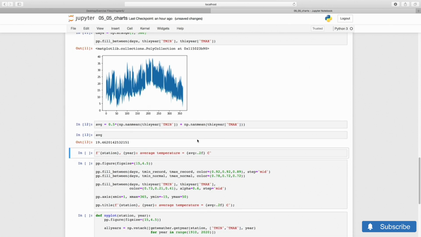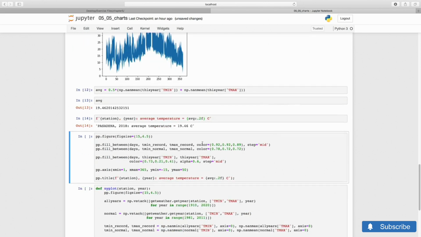I'm going to put this average temperature in the title, so I need to build up a string for that. For that, I will use the very convenient formatted string literals introduced in Python 3.6. If I start a string with an f before the quotes, I can include variable names in braces, which are then replaced by their values. I can also specify formatting instructions as I would using the string format interface. For instance, 2 decimal digits for the average temperature.